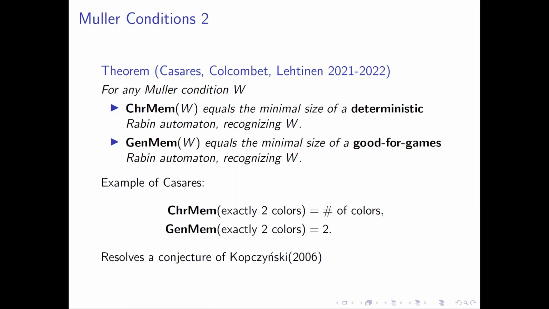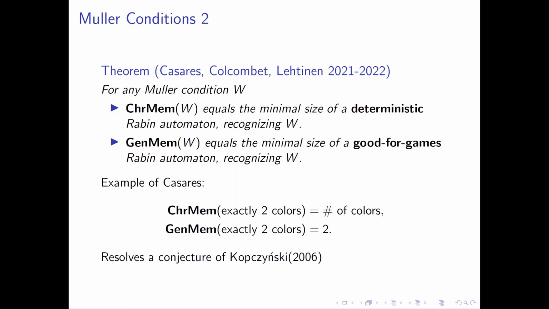Namely, there was a conjecture of Kopczynski from 2006 that chromatic memory of W always equals general memory of W, for any W, or you can state it for Muller conditions. It was not known, but Casares refuted